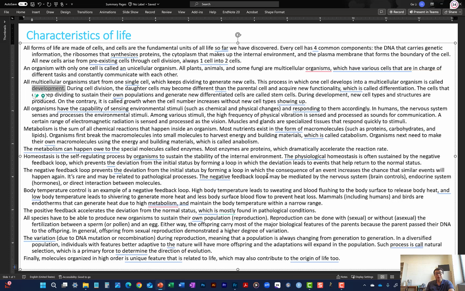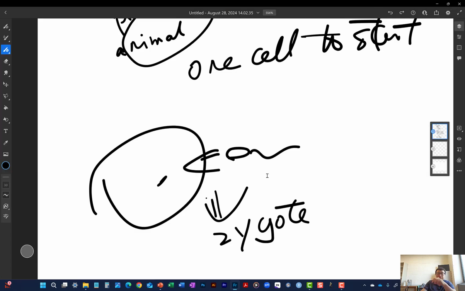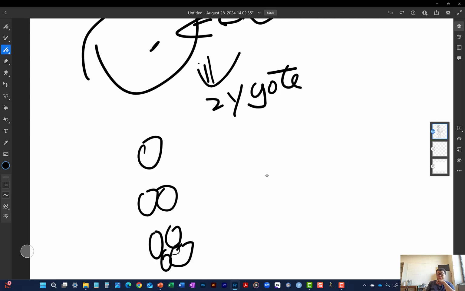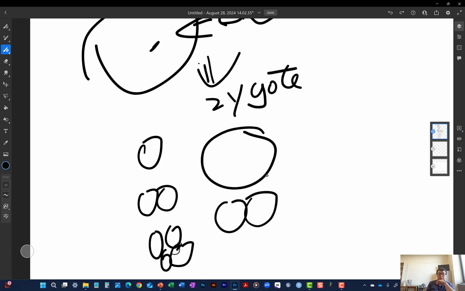What do we mean by cell differentiation? At the beginning of development, the cells only divide. For example, one cell becomes two cells, and then four cells. They become smaller and smaller, which we call cleavage. At the beginning, these cells are all the same, but at a certain point,